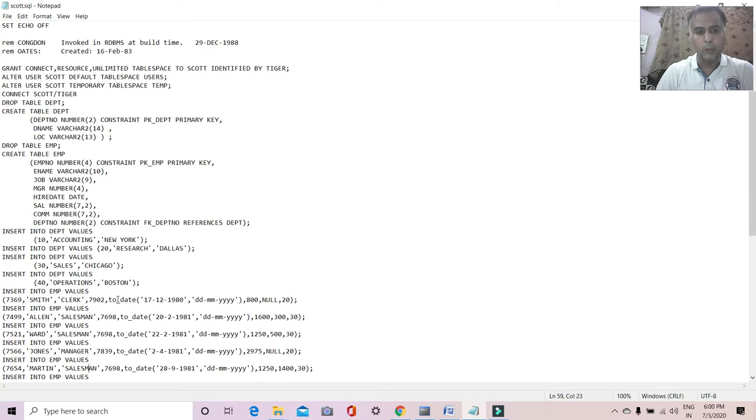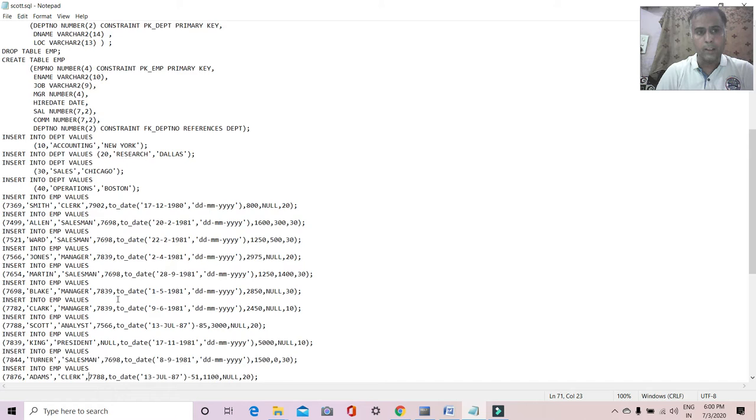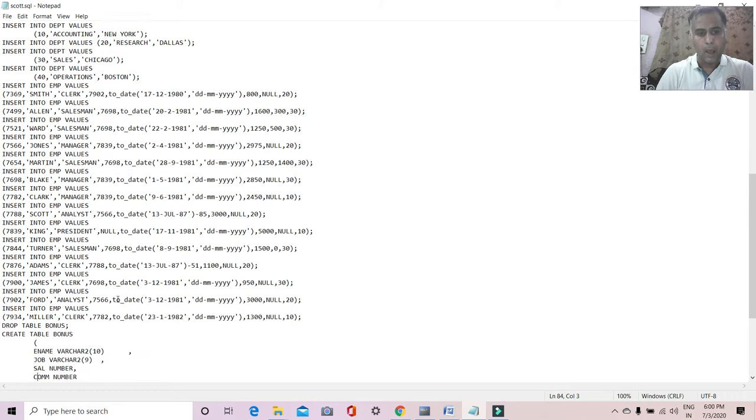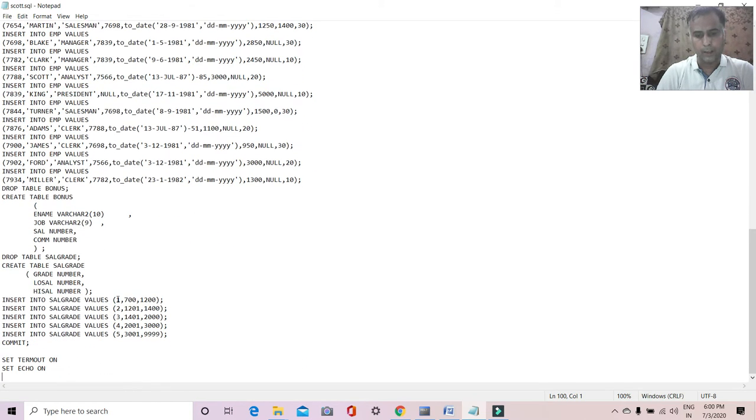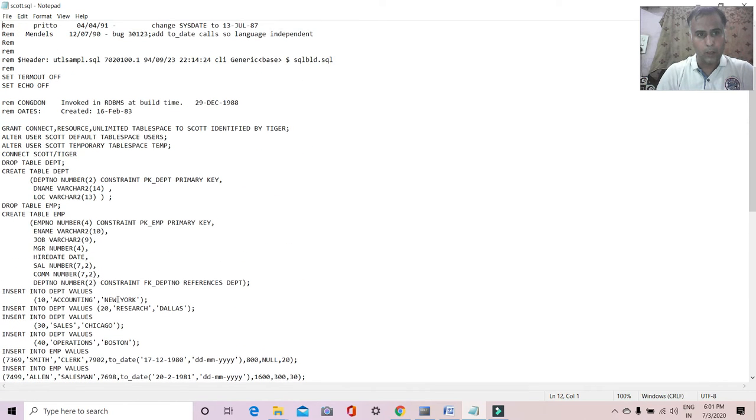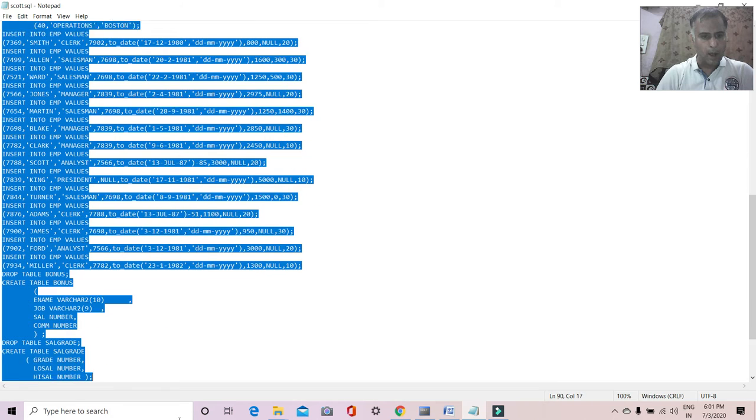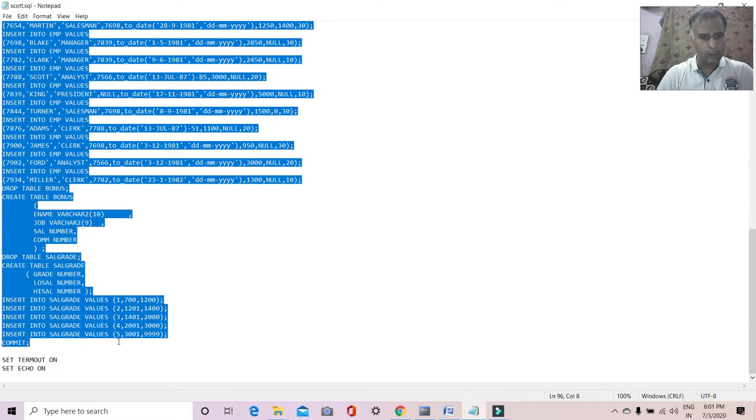We simply copy this data and use it for query purposes. The file name is score.sql, which is available in most databases. We are using Oracle 10g software. I copied from the drop table till commit.